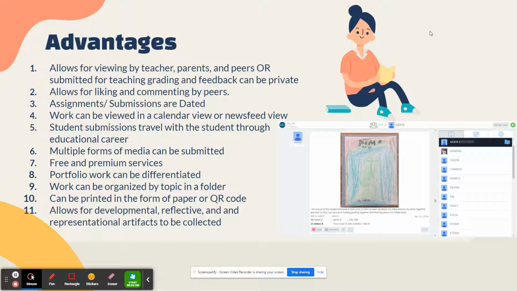The portfolio work can be differentiated by copying and editing certain assignments. Work can be organized by topic in a folder to keep the different subjects organized. The e-portfolio can be printed in the form of paper as well as QR codes for specific assignments, as well as there's a direct correlation between the developmental, reflective, and representational artifacts that were discussed in this unit. I found different ways that an artifact can be collected that could fall into all three of these categories using